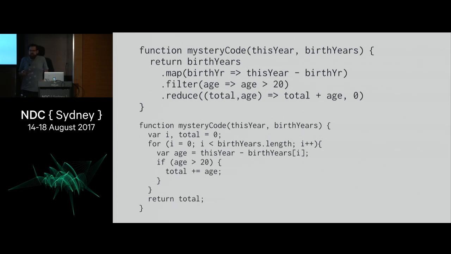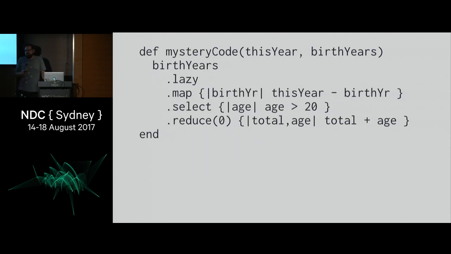Jumping over to Ruby, I did it for 4 years. I've got to put one example in here, come on. Where I've got birth years, which is an array, and then I've got this little .lazy thing. Now, this could very easily happen in JavaScript. You can go and write one in a REPL afterwards if you really want to, but it's part of the Ruby standard library where we want a lazy version of something